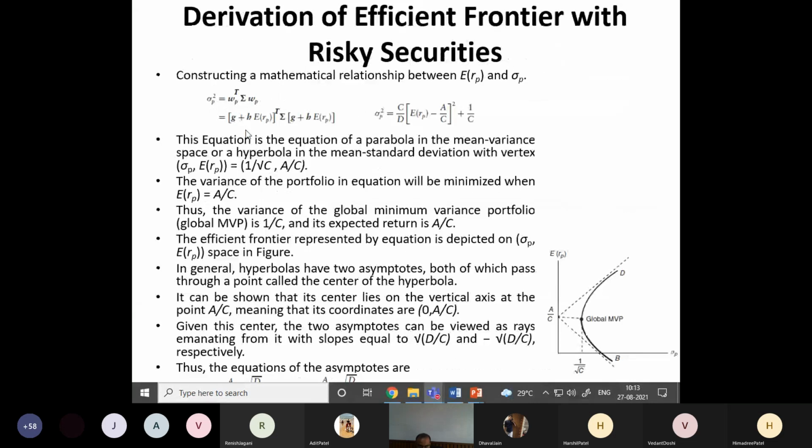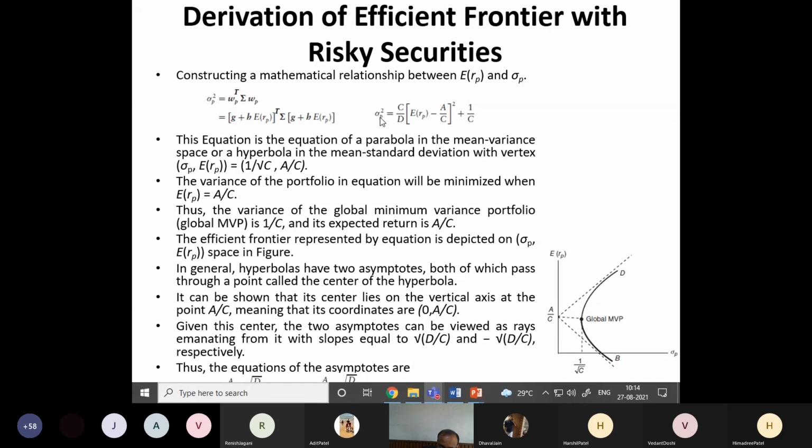And by little manipulation, you have to apply some matrix algebra. By using some manipulation, you get this equation. This also you can do yourself because I'm avoiding this simple mathematics, which is matrix algebra. I'm assuming you know all this and you can do it. If you find confusion or if you have any doubt, we can solve it in the next lecture. But you try it yourself.